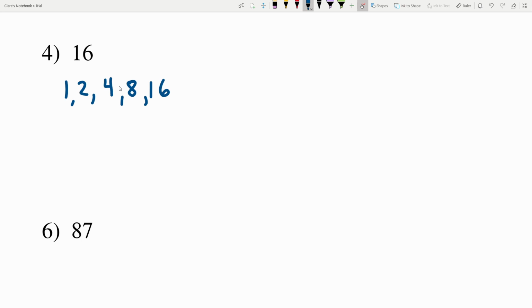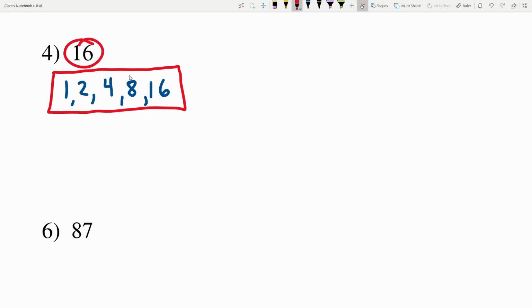4 goes into 16 4 times. So our factors in number 4 are 1, 2, 4, 8, and 16. So the neat thing about factors is that we're going to have an even number of factors for all numbers